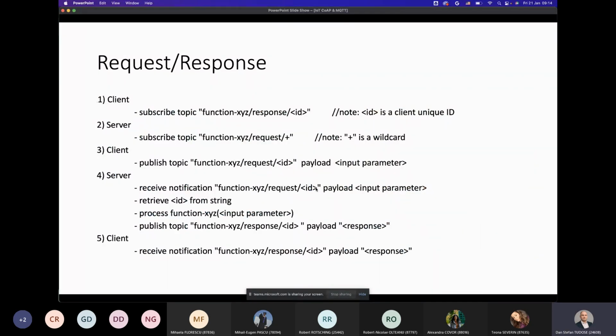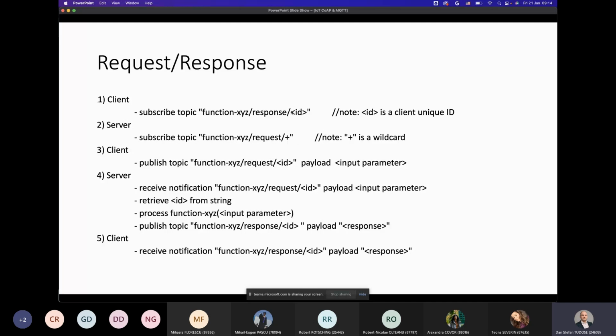This is how the request response scheme actually works within MQTT. First you have the client that subscribes to a certain topic. So for example, let's say that this is a topic that you can subscribe to. The server can give you a subscription to a topic which is function XYZ request /plus.